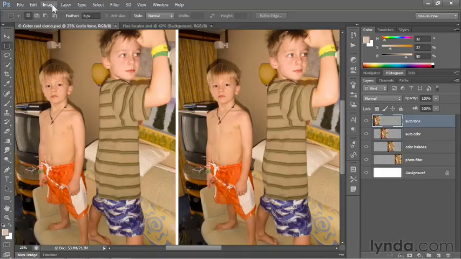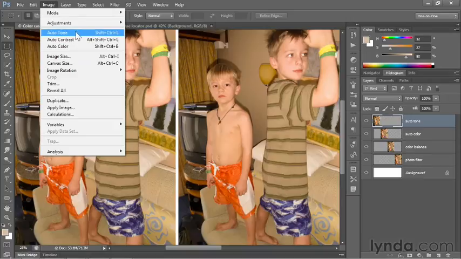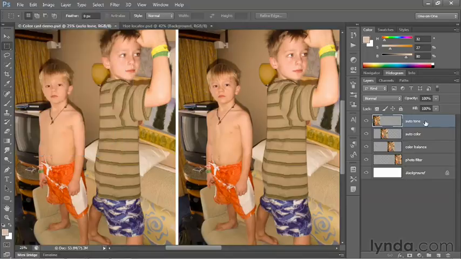We'll start things off by taking a look at the behavior of the auto commands here in the Image menu, and those are the commands that I introduced you to in the previous chapter. As you may recall, Auto Tone and Auto Color correct the image on a channel-by-channel basis, and as a result, the color cast can't help but be modified, whereas Auto Contrast affects the composite image, so it's not going to do us any good. As you can see here in the Layers panel, the top layer, Auto Tone, is selected,